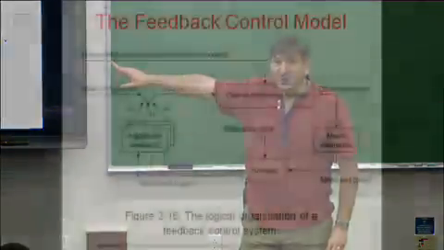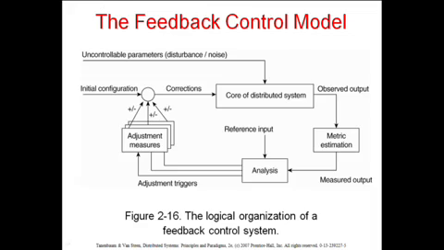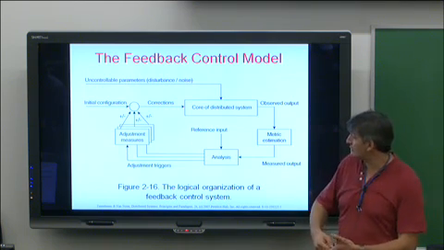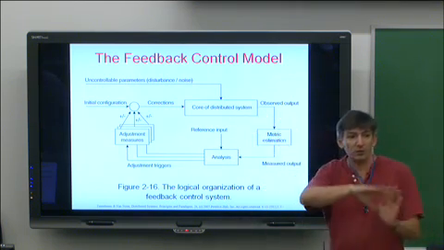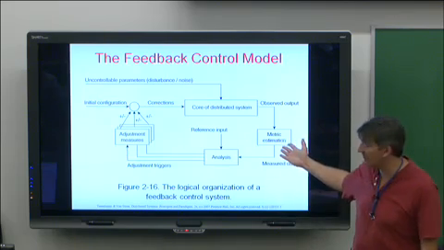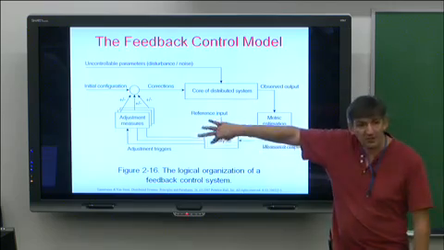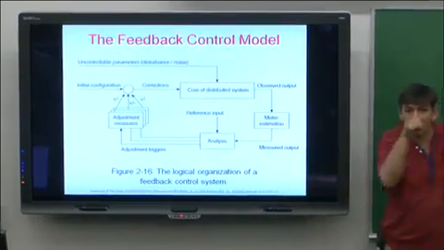All right, now the last thing I want to mention is this idea of a feedback control model, because this is what will allow you to monitor yourself. Any feedback loop, this is a big issue, for example, in control theory. Any feedback loop consists in, you start with some initial configuration, and what you're trying to do is do some corrections. They have to be based on some sort of a loop in which you look at what you are doing. That means you measure it with some metric. You do some sort of analysis. You figure out how to adjust yourself, and you apply the adjustments, and you keep staying in that loop.